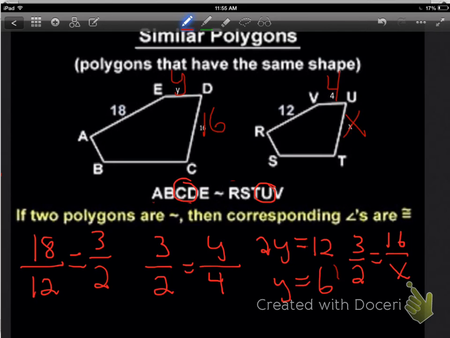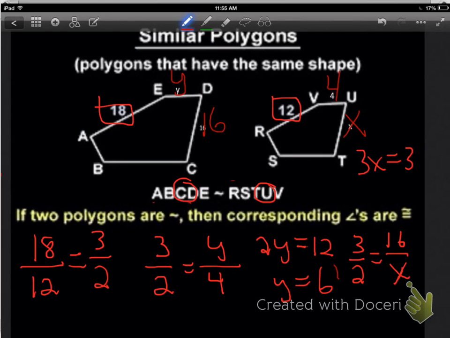Now, does it have to be 16 over x, or can it be x over 16? And the answer is it has to be 16 over x. The reason is when we got our scale factor, 3/2, we started with the 18 that was on the left side, and we divided it by the 12 on the right. So since that's the way the scale factor was developed, we have to work left over right on all of our fractions. Okay, solving that, when we cross multiply, we'll get 3x is equal to